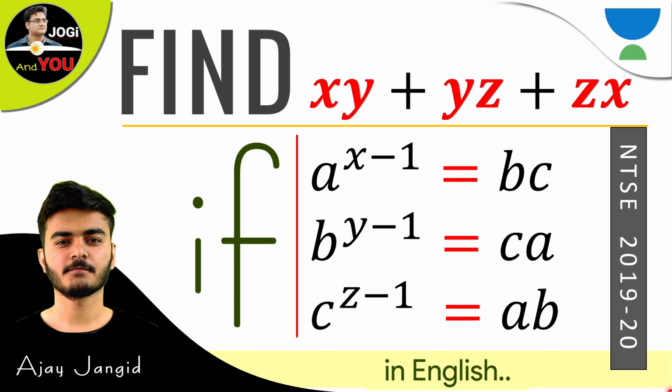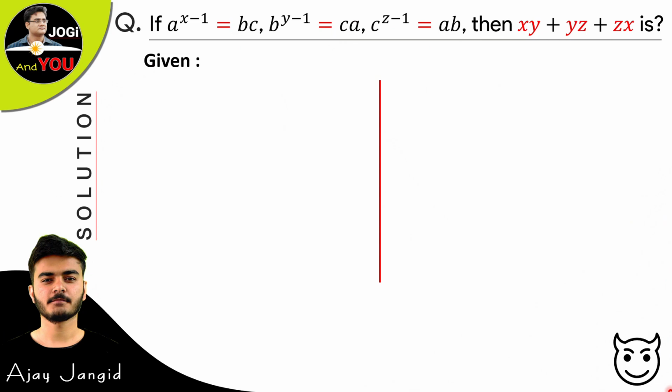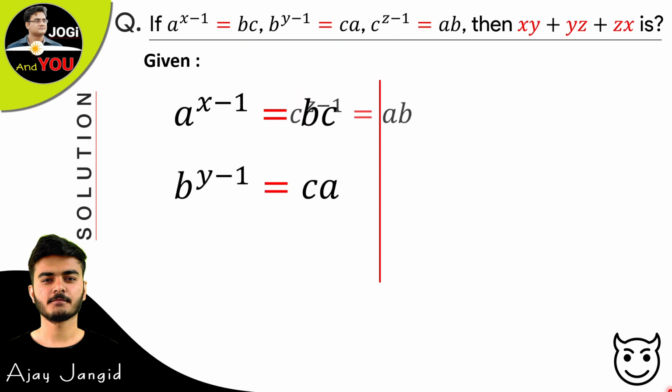So how to solve these types of questions? For solving this, just take aside this question here and bring down all the given things. Firstly, carry this down here and then this, and after that, carry this down here. We have all three conditions here. Then what to do now? If anyhow we find the value of x, y and z, then we can easily find our answer by placing these into our question. So let's work on it.